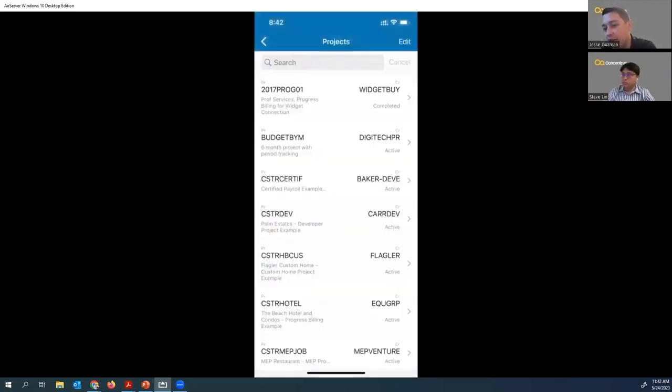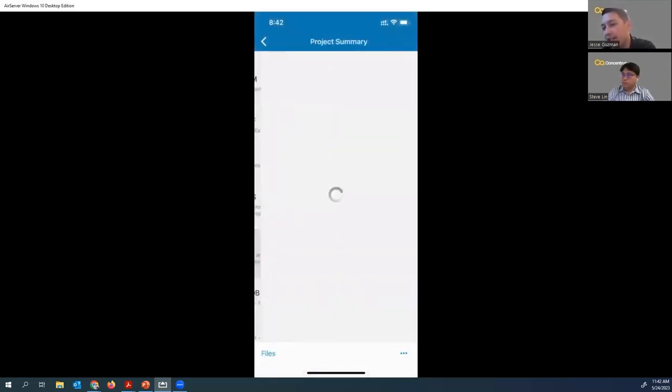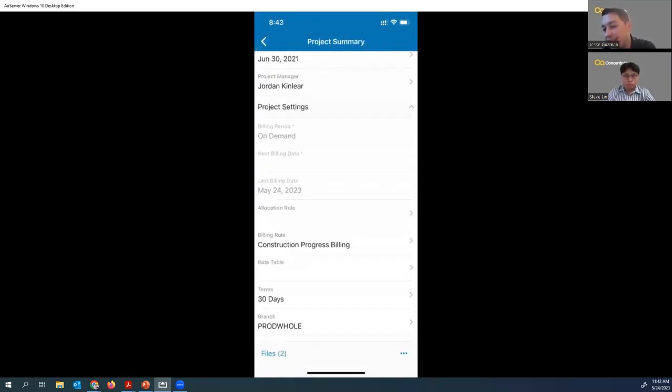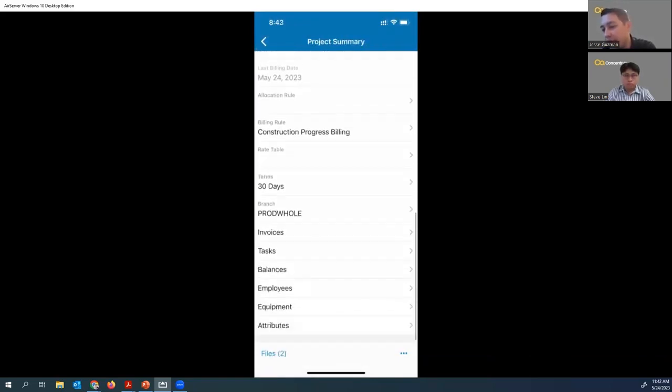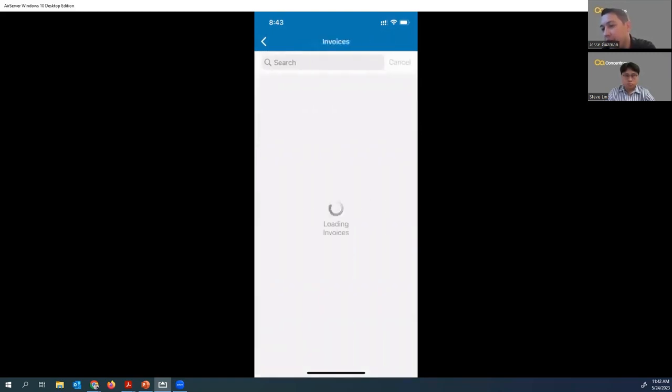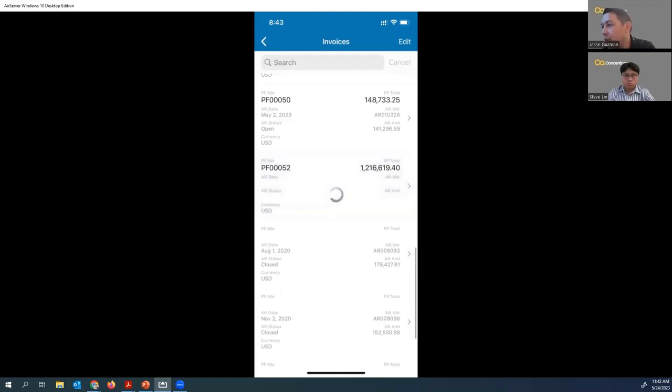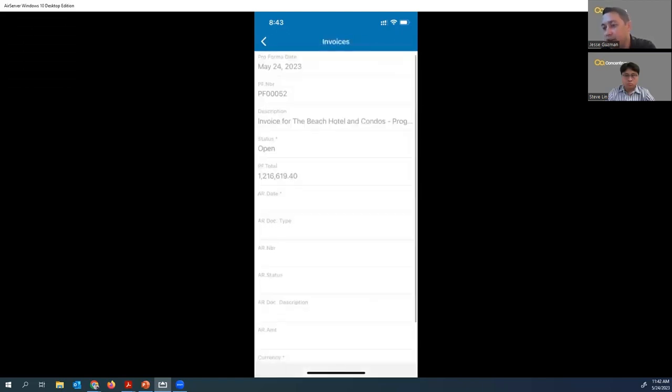I can dive into the projects themselves, open up the project, see everything that I saw there. Here's my project summary. Here's my project settings. This is a construction progress billing. Invoices that I have, if I want to open them up, I can go down. Here's the latest invoice that we did, open it up directly on here, be able to see the information, obviously